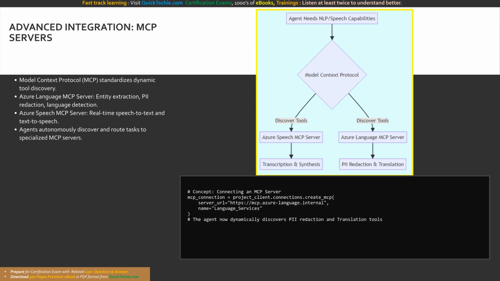When a user uploads a multilingual audio file and asks for a transcribed, PII redacted summary, the agent autonomously routes the audio to the Speech MCP tool for transcription, routes the text to the Language MCP tool for PII redaction, and delivers the final secure summary. This dynamic tool discovery creates incredibly powerful, flexible agents that adapt to the user's complex needs on the fly without